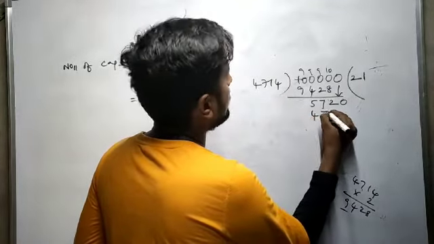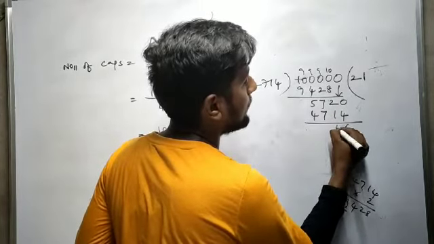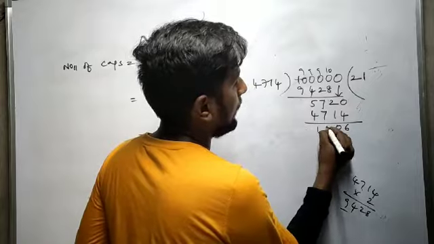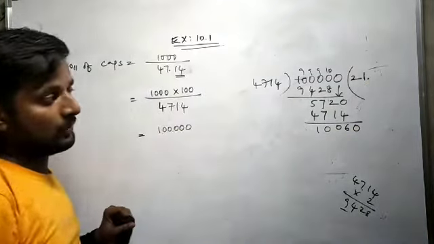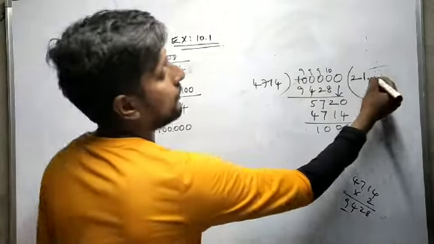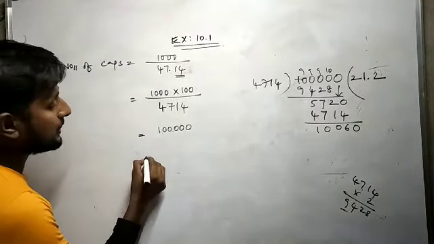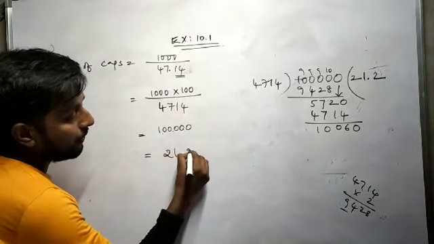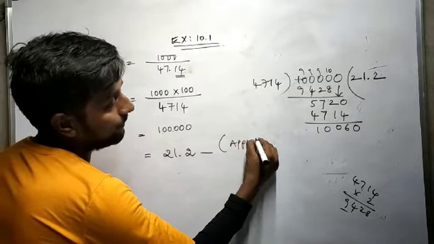Right? So we write 4714. 20 minus 14 we can write as 6. And here we can get 10. If we take decimal, we'll get 0. So it's almost 10,000, so we have 4,000. So we can take a 2. Correct? Yes. So approximately 21.2 something. Okay, it's our approximate value.